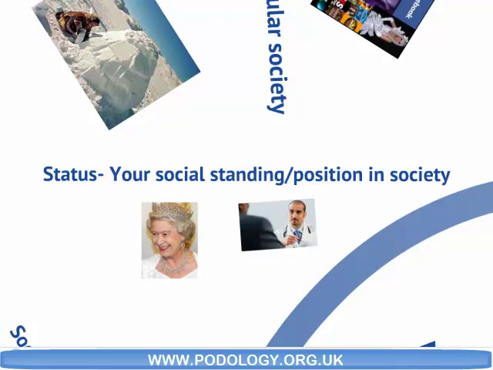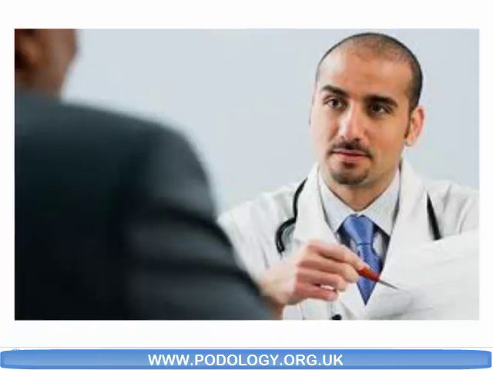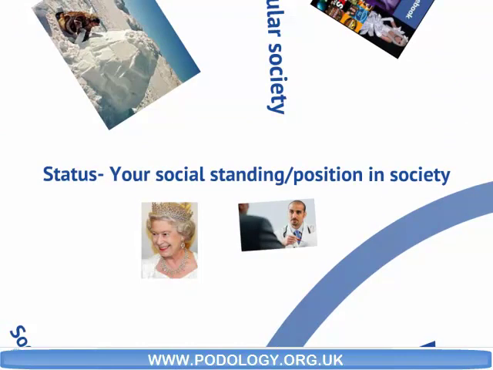Ascribed refers to the statuses that you have that are fixed from birth. So, for example, the Queen inherited her status from her father. So it's ascribed, it's fixed, it was there from birth. This differs to what's called an achieved status. An achieved status refers to something that is earned through education and work. So, for example, the status of a doctor is very much on the achieved side as opposed to the ascribed side. So, for status, remember, you can talk about high status, low status, ascribed status, and achieved status.